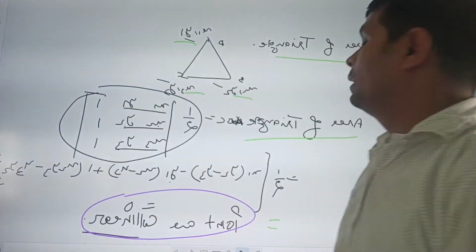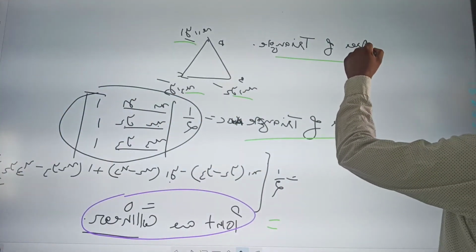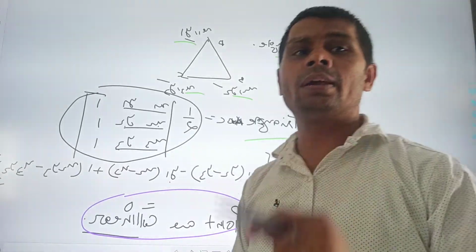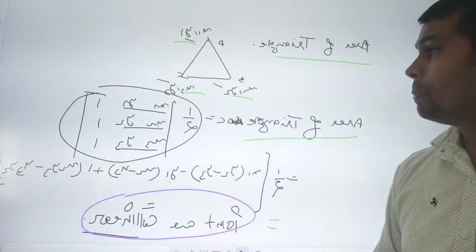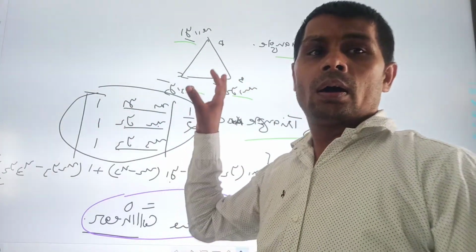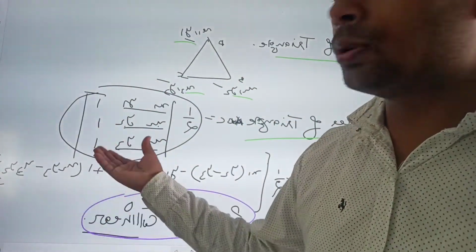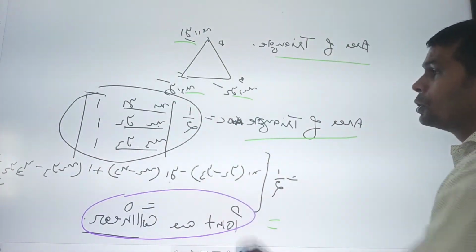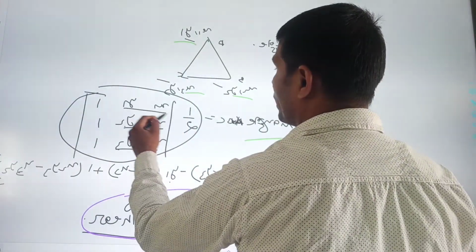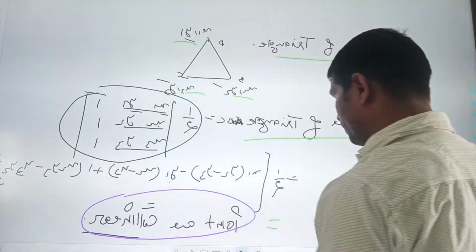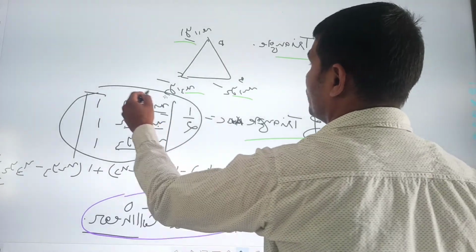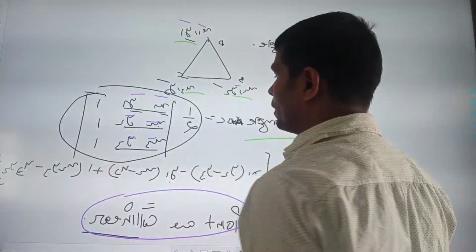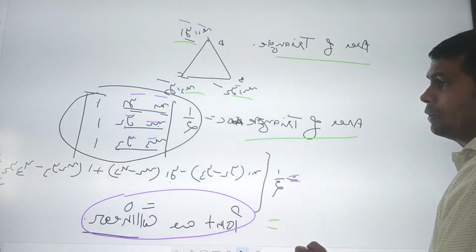In the next point we discuss the area of the triangle. You know the area of the triangle from lower classes, that is half of base into height, for a right angle triangle. But here we have to find the area of a triangle whose vertex coordinates are given. This can be easily calculated with the help of the determinant. You put the coordinates of the vertices like this: x1 y1, x2 y2, x3 y3, and here 1 1 1.